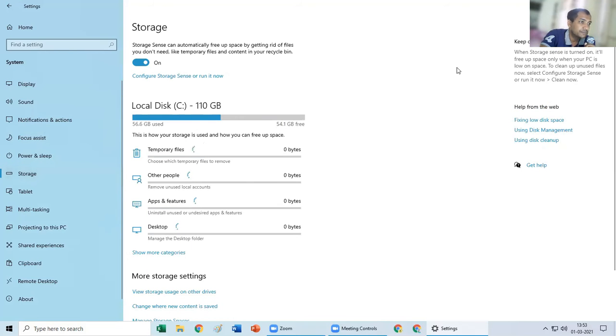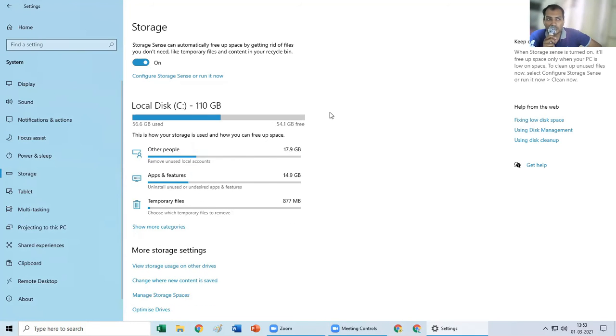Next is storage. Now, storage is a very unique thing. In the mobile phone, after a regular time, you have to keep checking the storage, whether it is full or not. And in the mobile, it also shows how much space is occupied by photos, videos or apps. Similarly, the computer also shows it. If you see here, it is showing right now for this hard disk.